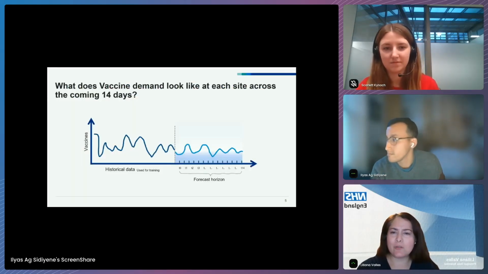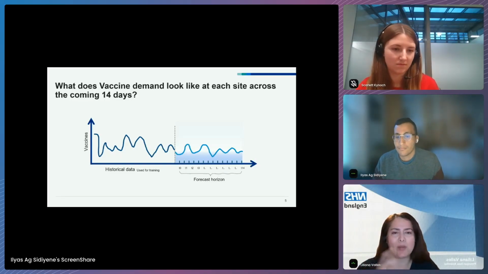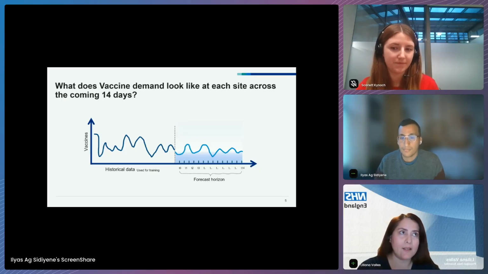So the question we needed to answer for Ilias's team seems straightforward enough. What does vaccine demand look like at each site delivering a COVID vaccine over the next 14 days? What makes this forecast peculiar is that we're doing it for more than 6,000 sites, and its timeline isn't precisely a regular or consistent one. We'll see on the next slide,